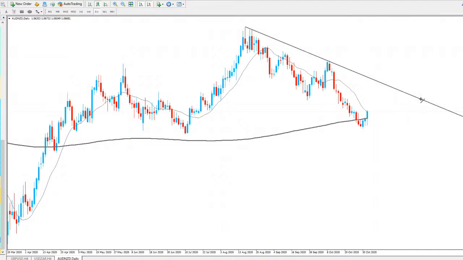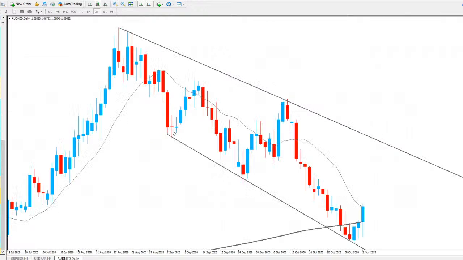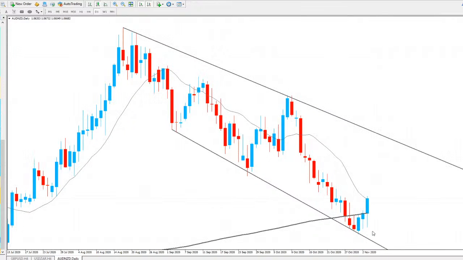For this one, you can see we have a little bit of a channel in the market here. Connect the lows. As you can see, it looks like we had a nice trend line going through the market there. Initial test there, second there, third there, and from the third test, we had a move to the upside. So again, we could be seeing a longer move to go and test the highs of this trend line for AUD NZD. As you can see, initial test there, second, third, could be seeing a fourth there.